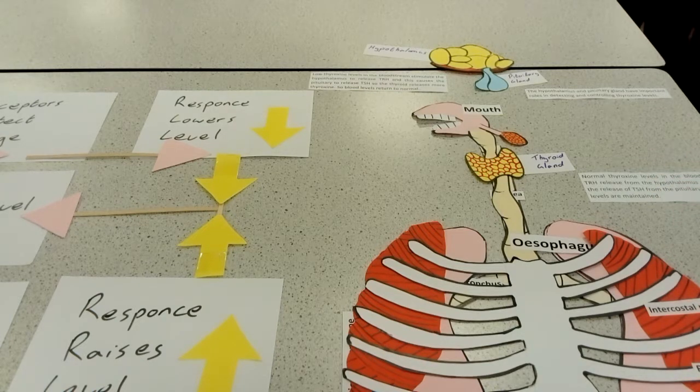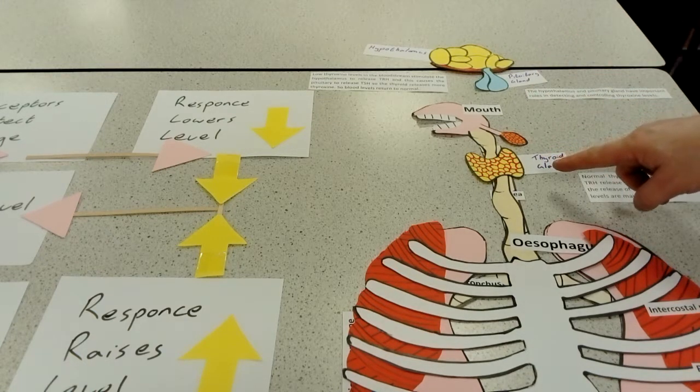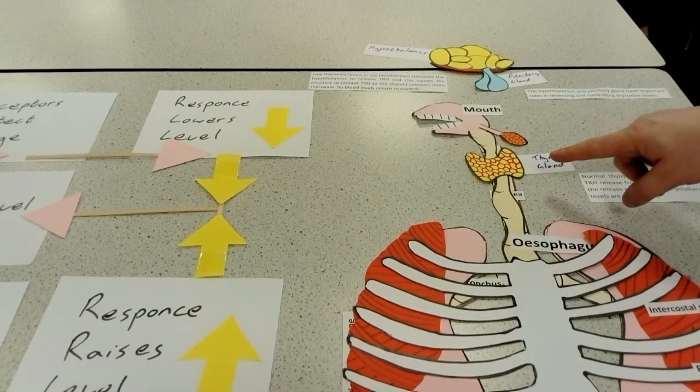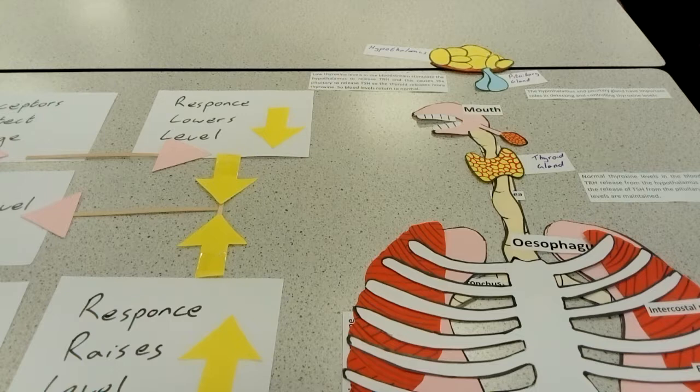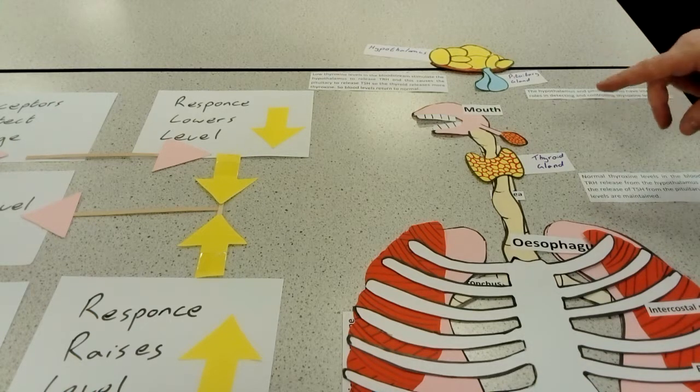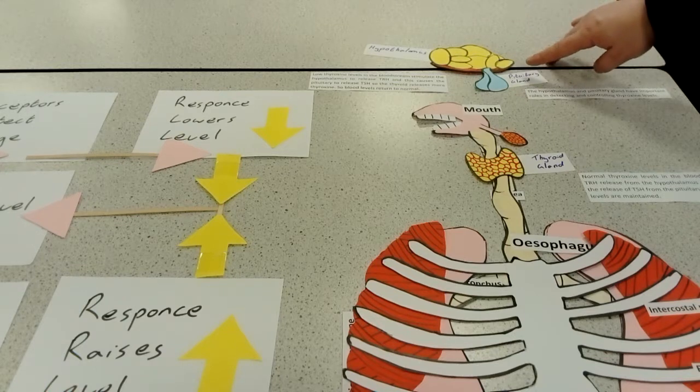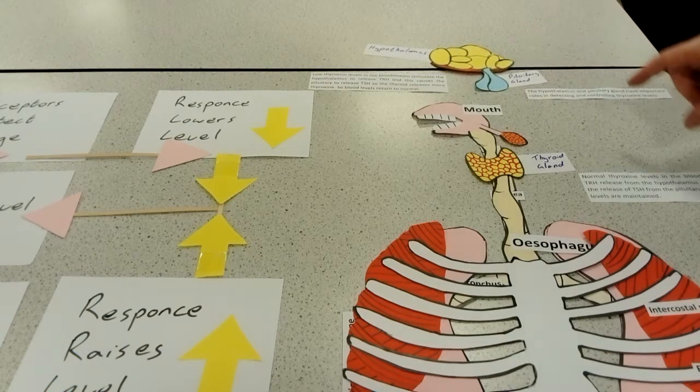So that will release from your pituitary gland the hormone TRH or TSH even. The TSH travels around your blood system to the thyroid gland. That causes the thyroid gland to produce more thyroxine, and as those levels of thyroxine increase, that turns off the pituitary gland, so it stops releasing TSH, so you don't over release any